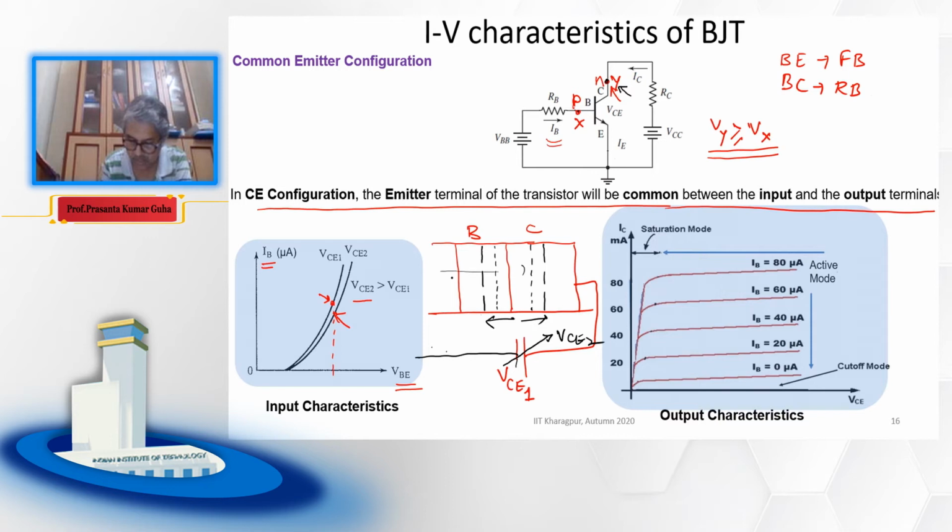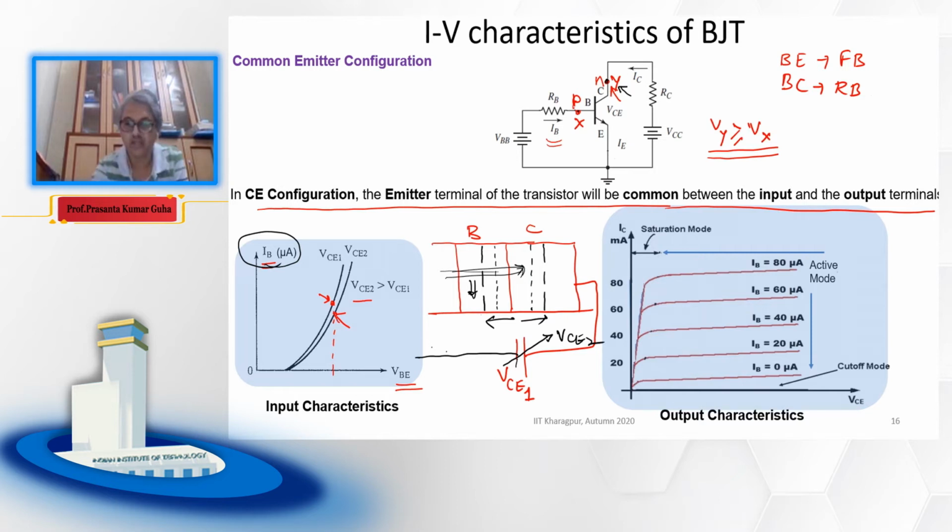So more number of carriers will be able to cross. If more carriers are able to cross, then there is less recombination, and less recombination means less base current. So that is why I am saying the base current will decrease if we increase the collector emitter voltage,